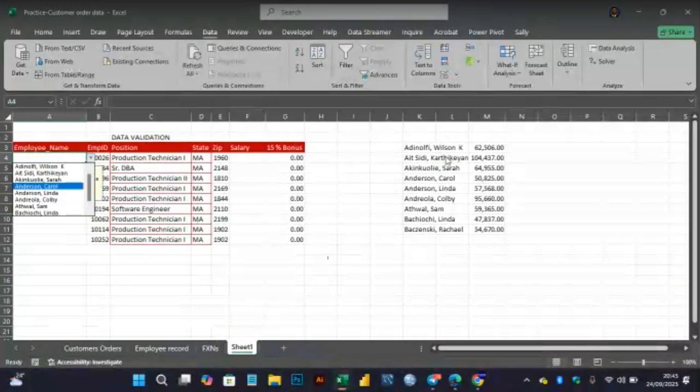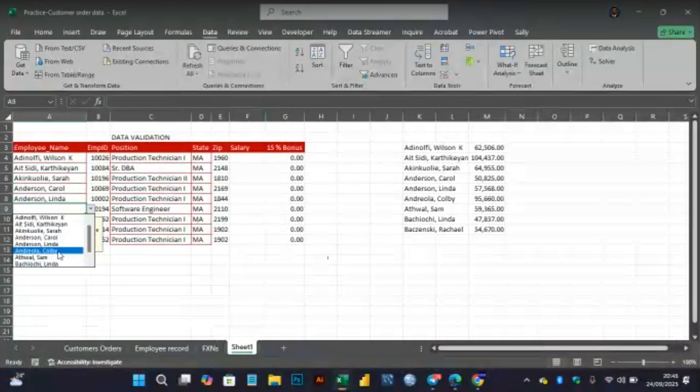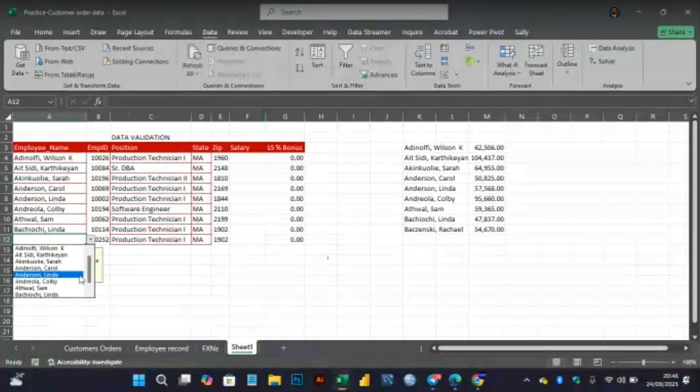So let's just follow the list as it is originally. We click on Adenuga, come to the next cell, click on Hyde, come to the next cell, click on Sarah, next cell, click on Carol, next cell, click on Linda, next cell, click on Kobe, next cell, click on Sam, next cell, click on Linda again. Okay, that was Anderson Linda, it's Bachiochi Linda. So the next cell is